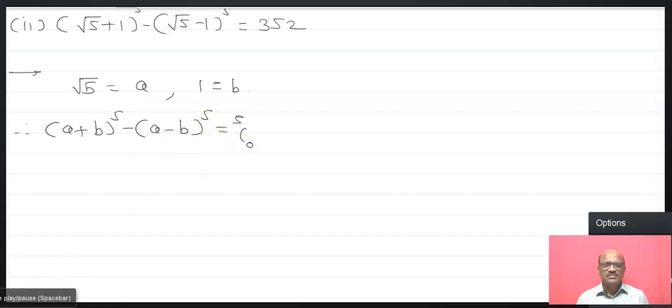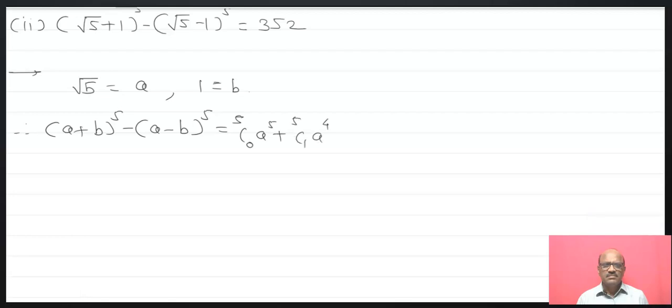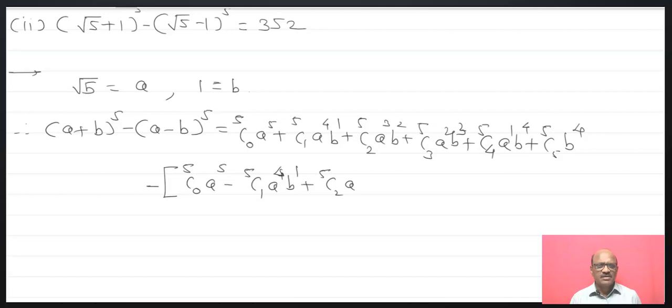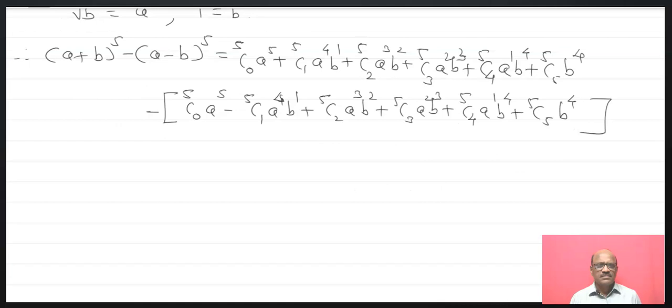This is the expansion. All these are the plus terms and particularly the same terms, but alternate plus and minus are there in the next bracket. See this here. Now a plus b bracket raised to 5, that is 5c0 a raised to 5 plus